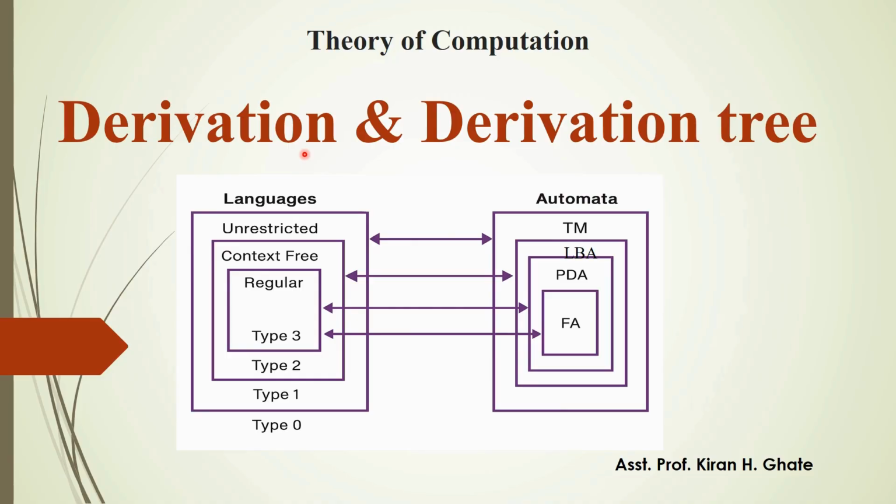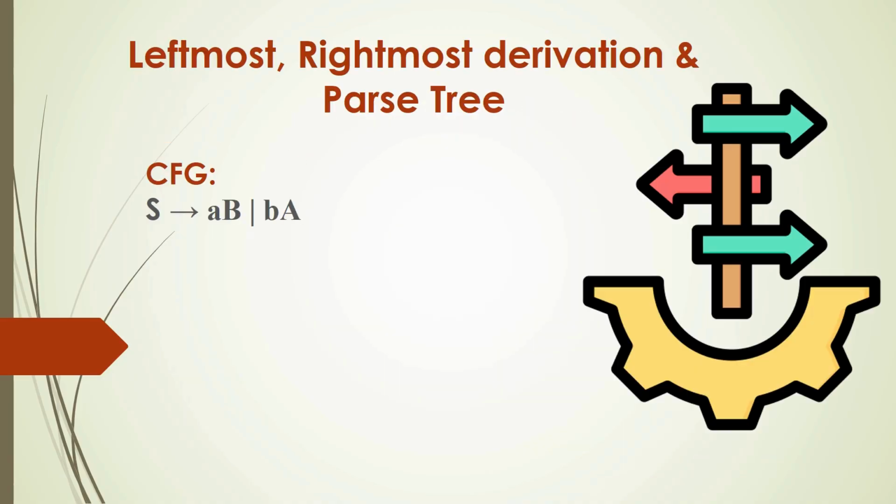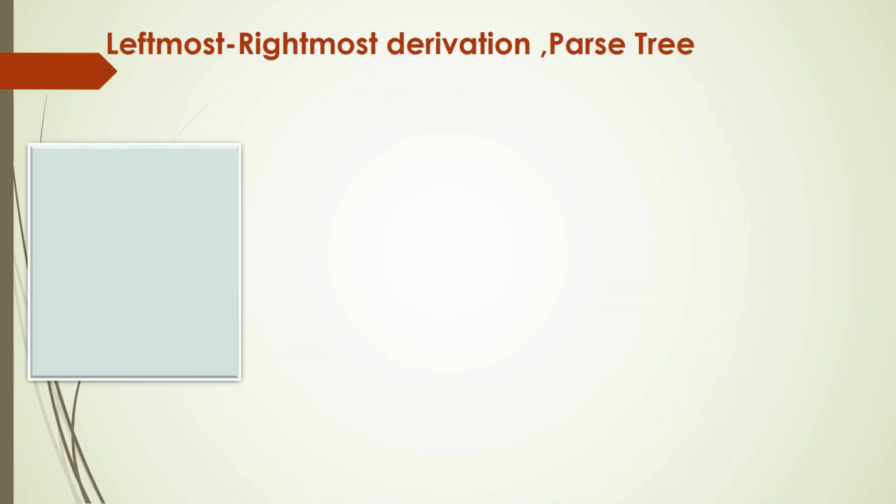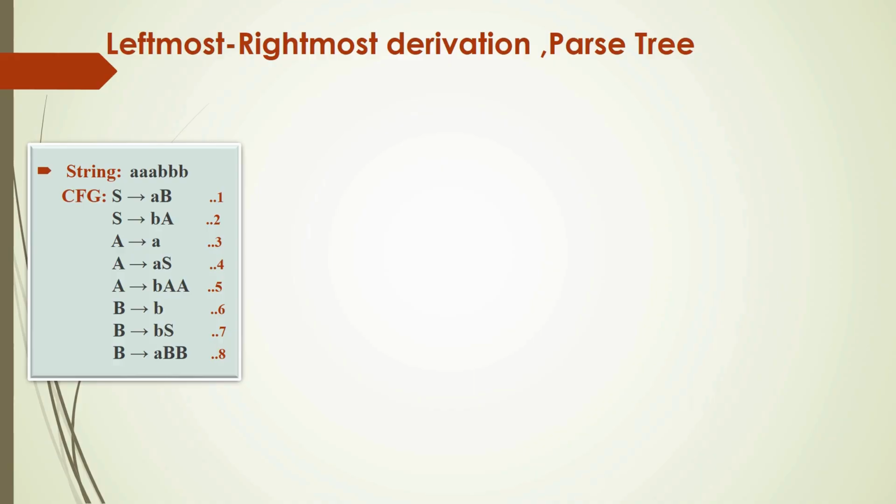Let's discuss leftmost derivation, rightmost derivation and parse tree of a string using the specified context-free grammar. Okay. Now let's start our leftmost derivation and rightmost derivation for a given string. So let's start with the leftmost derivation. Now the given string is